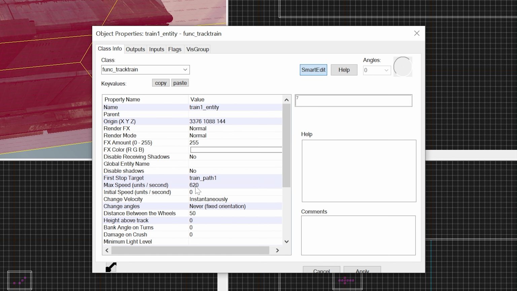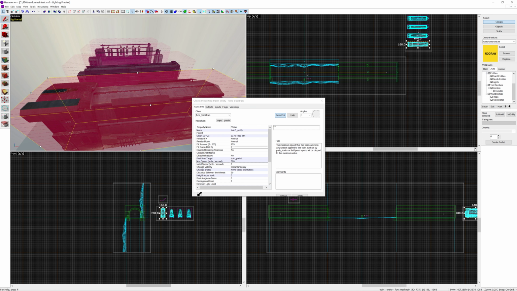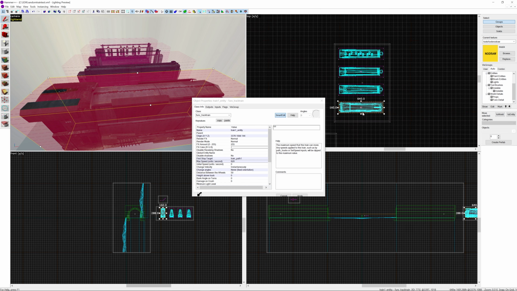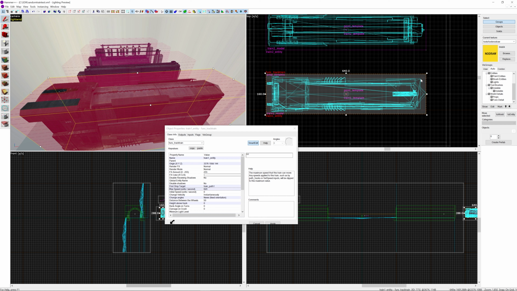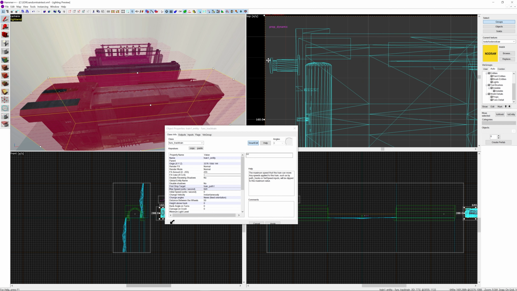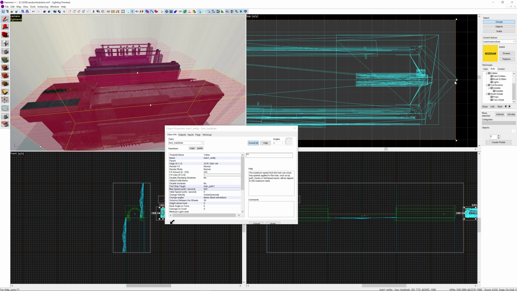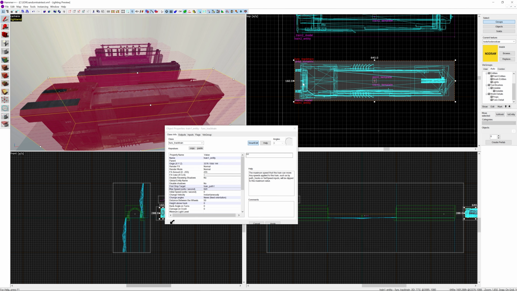But what is important is this max speed, not initial speed. We don't want it to move initially, but we do want to set a maximum speed here. So if I just go over to my top-down view over here where the train is, you can actually see that the train is 640 units long. And again, 620 is just a little lower, because you can kind of see there's a little bit of a gap from the end of the train here, and maybe even a little bit at the start as well. So it's not perfectly aligned, but it's good enough. So the idea is, I'll get to it later, but just keep in note the 640 length and the